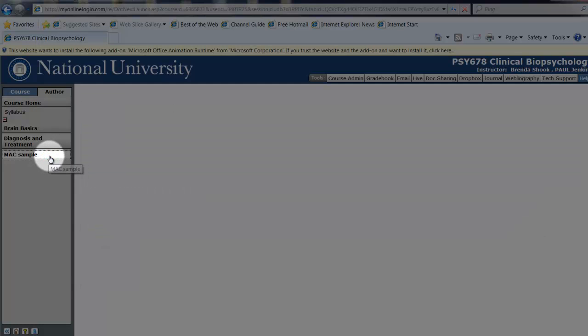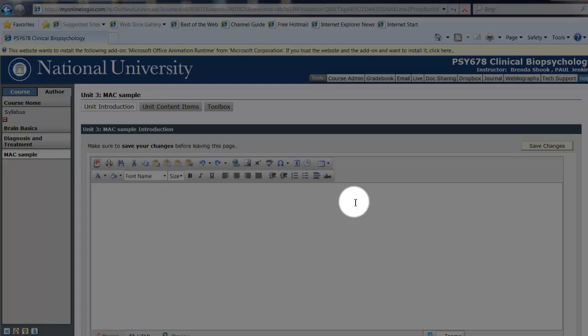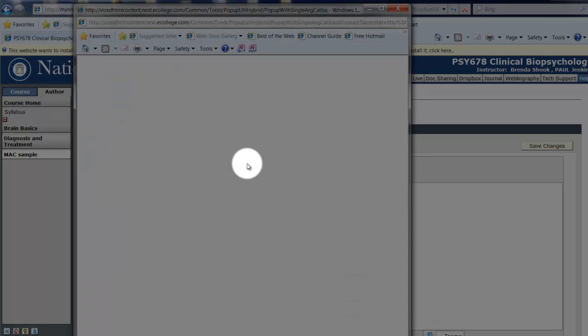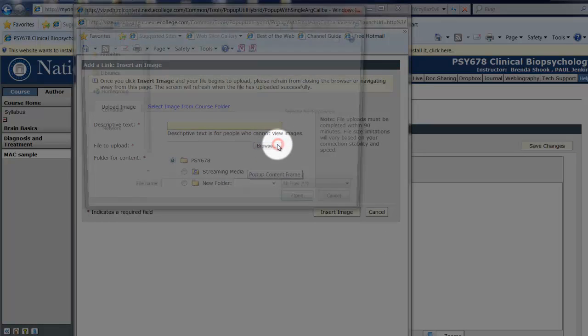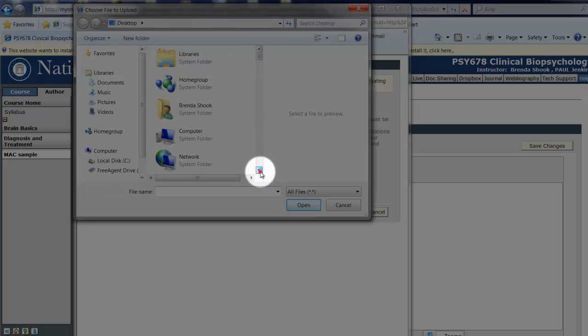Now there's nothing in there. If you click on there, it's just going to be blank. So if you want to type some introductory text, that will show in that, that's fine. If you want to add a picture, all you need to do is, and I would have all this ready so you know where it is before you get going, but you just click on that little picture icon and then browse to where your picture is, and we'll just scroll down here and look for